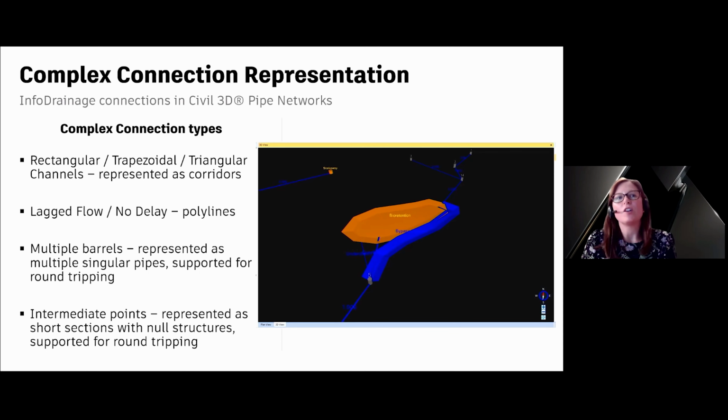And the same goes with intermediate points. So this open channel section, for example, if that was a pipe, it doesn't follow a straight line. There's actually intermediate points, and that would be represented with short sections that have null structures in between them. Again, it's tagged so that it can be supported for round tripping.